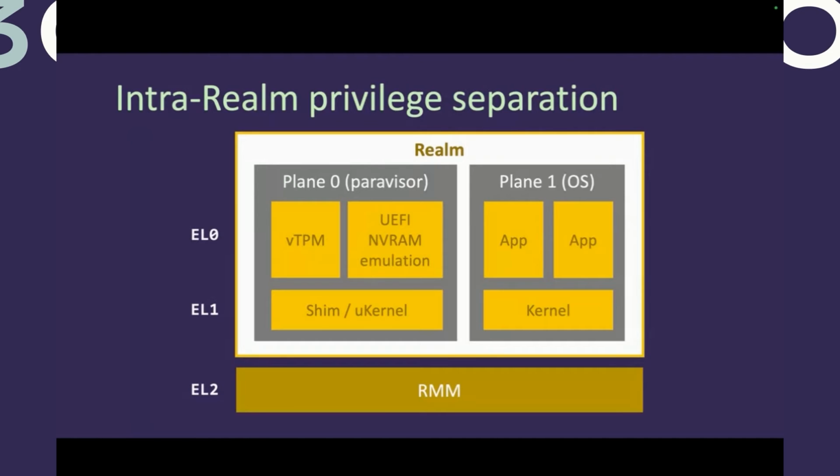But all those planes execute together in a common guest physical address space. Each vCPU within that realm, of which there can be multiple vCPUs, executes in a single plane at a time, and there's banked register state per plane. And then we nominate one special plane, the 0th plane, shown on this diagram as the paravisor, which manages switching between the other planes, can restrict memory access permissions observed by those other planes, and can also emulate functionality such